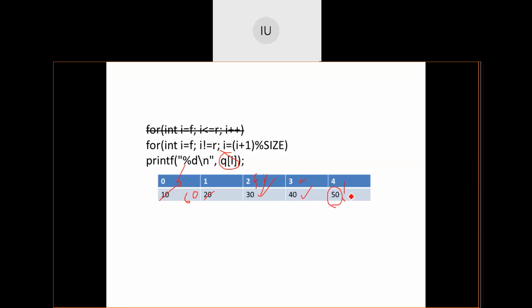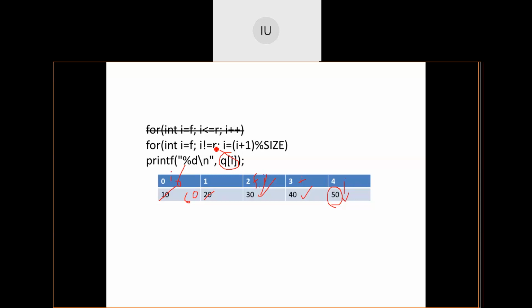I is equal to I plus 1, that is 4 plus 1, 5. 5 mod 5 is 0. So I has come here. Now, 0 not equal to 0 becomes false. Now also it will not enter the loop. Correct? So, what is it that I need to do?